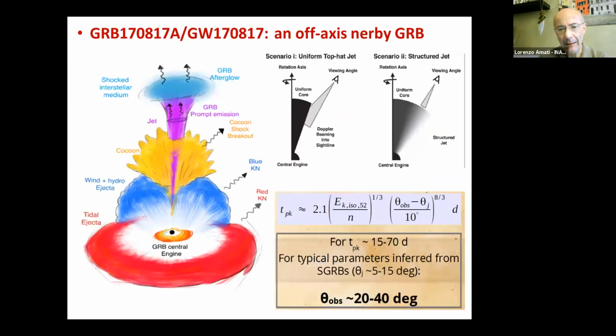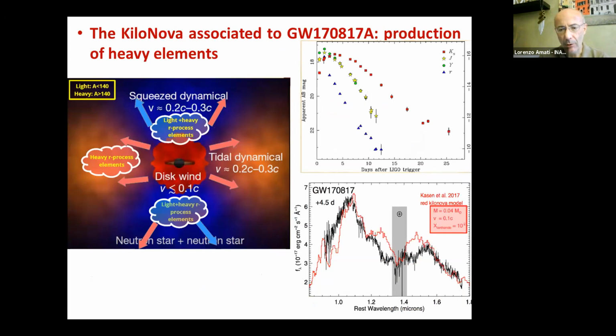And as I show here, on the bottom right, these lines were actually the lines that are expected if this emission is produced by the radioactive decay of very heavy elements produced during and after the merger, because of this very dense, neutron-rich material, through r-processes. This was supposed to be one of the main channels for producing these very heavy elements in the universe, and this also was demonstrated.